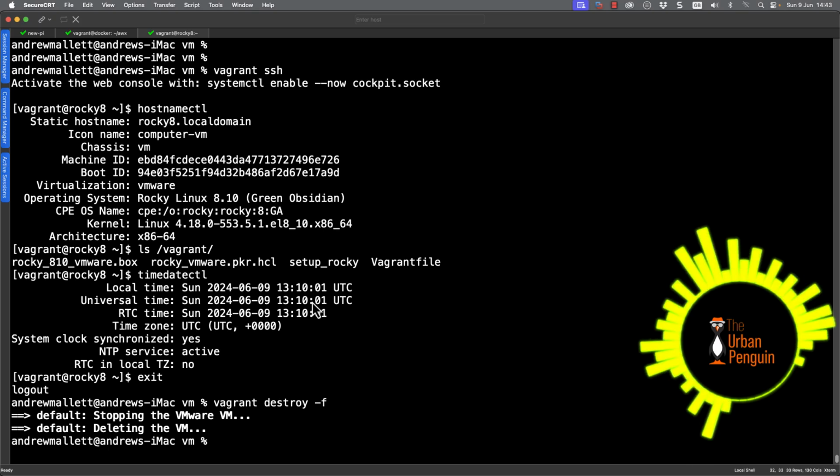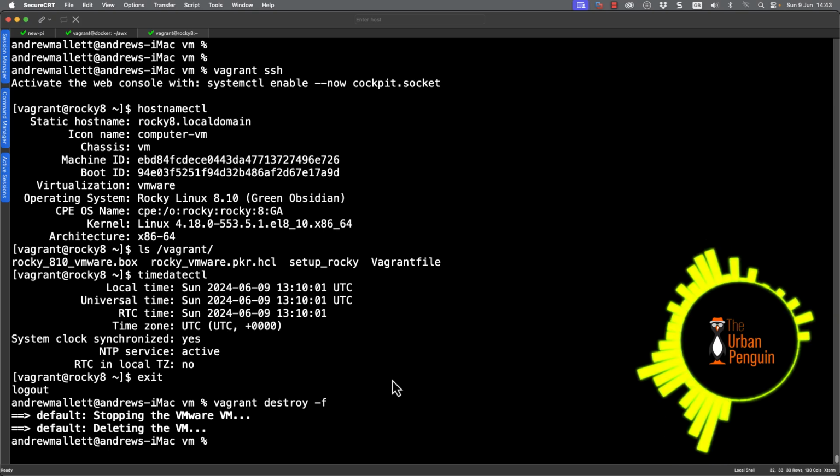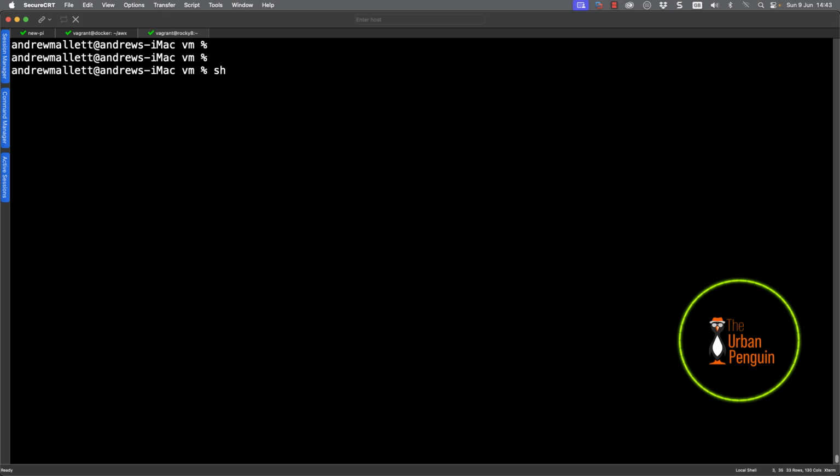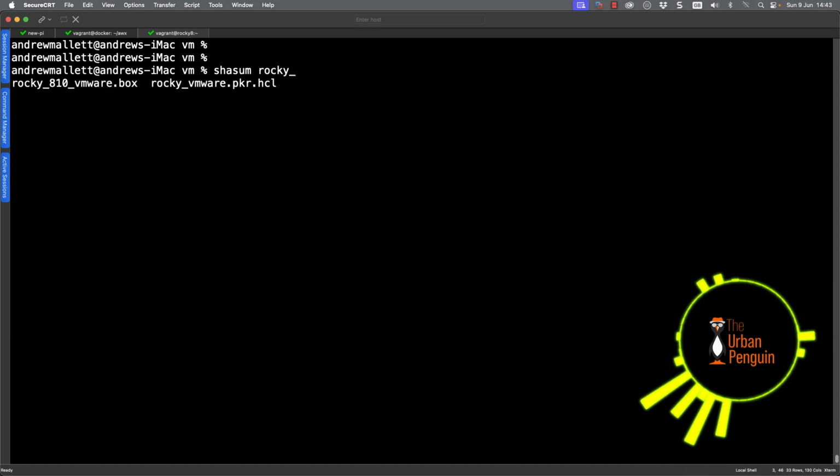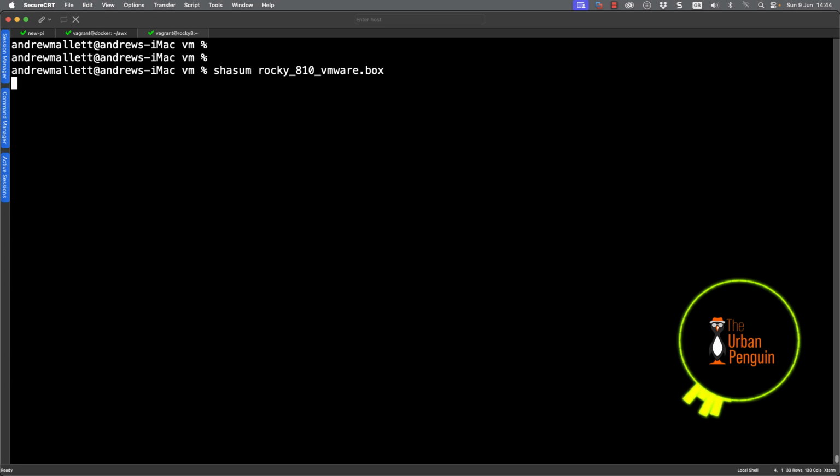So I can move back out to my host system. And if I just clear the screen, and if I get a SHA-1 hash, I can use sha1sum. And then on the Rocky file, so Rocky 8, there you go.